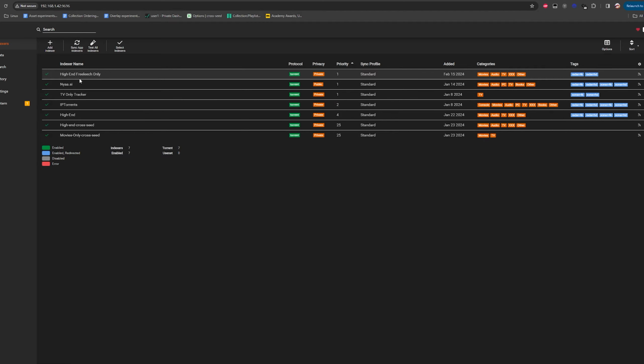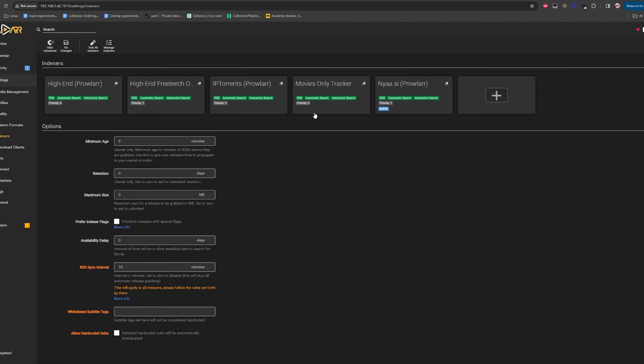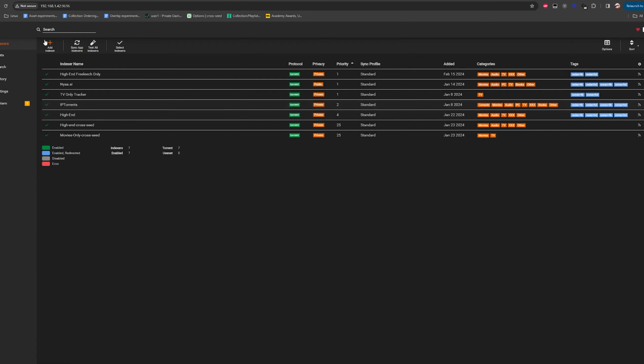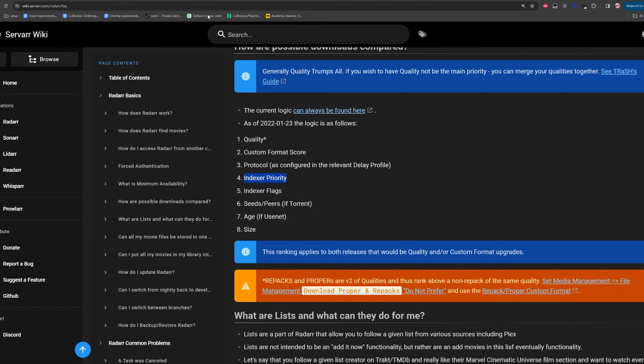So now we covered syncing. Again, I keep it all centralized. I let Prowlarr sync everything. If I change one setting, it will change across all the instances. That's what I want. Now, you can obviously go into each one of these and you can certainly change the things Prowlarr doesn't touch.